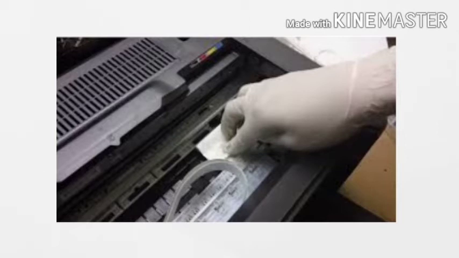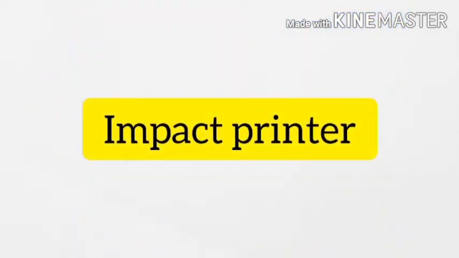Now it has been largely replaced by non-impact printers, but there are still some places where dot matrix printers are used. It had been used, and it is being used nowadays also. You can see in the reservation, in railways, they are still using that type of printer. And if you go to the speed post, they are also using the same dot matrix type of printers. Clear? You can see in the figure also. Fine. So they are called dot matrix printers. It was a type of impact printer.